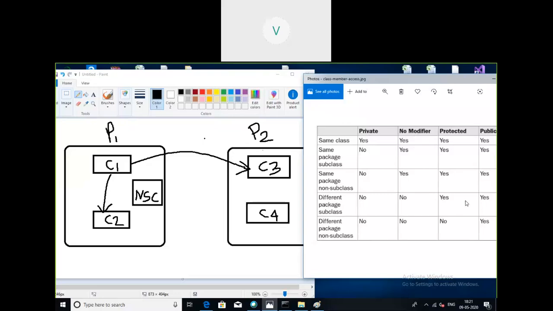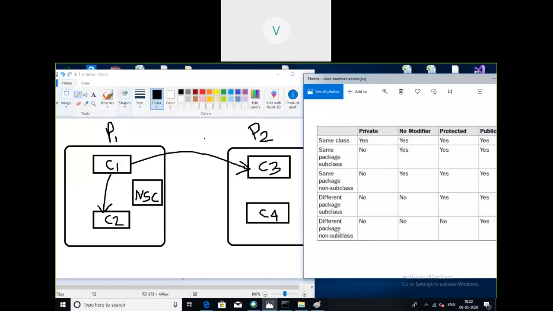Only protected and public members are accessible. The class C3 can access only protected and public members of C1, but it cannot access private and default members of C1. That is the third scenario.